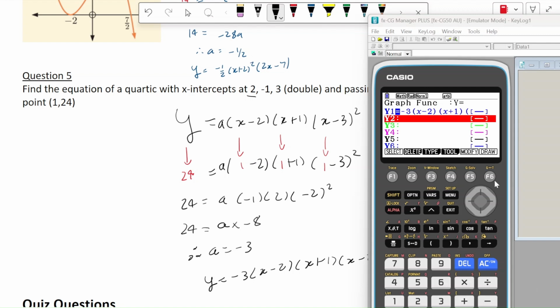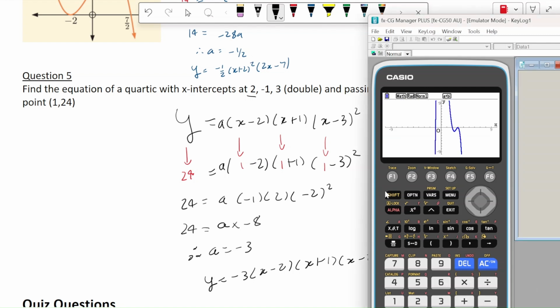All right, so I've typed that equation in here. We're going to draw it. So what we should be seeing is if I go Shift-G, solve and root, we'll have -1, 2, and 3. And then it should pass through the point 1, 24. So if I trace it at 1, 24,